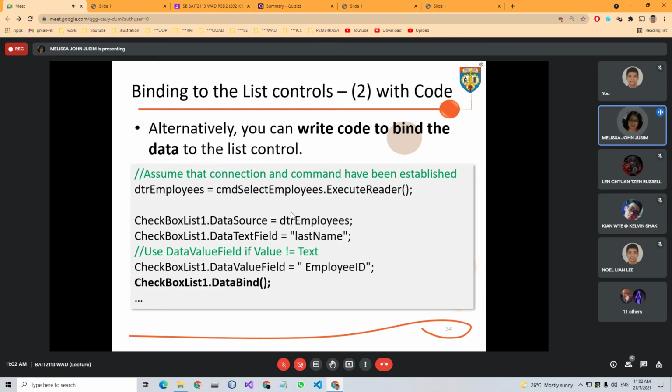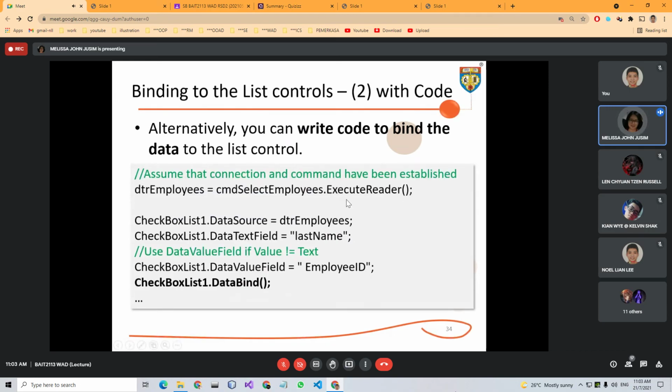But if you want to customize it, make sure that, assuming we have already created the connection and our command object,